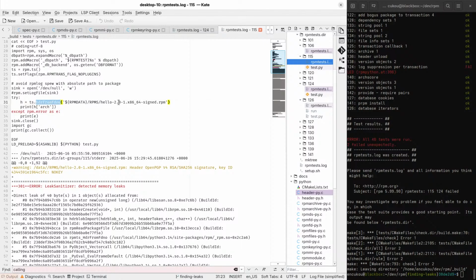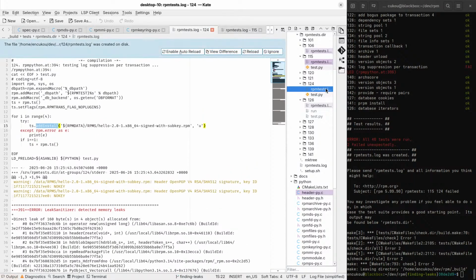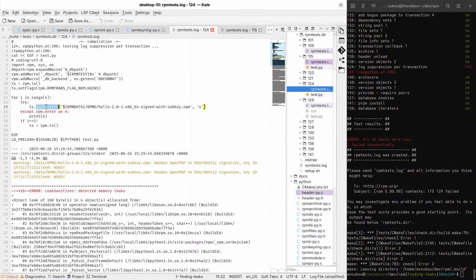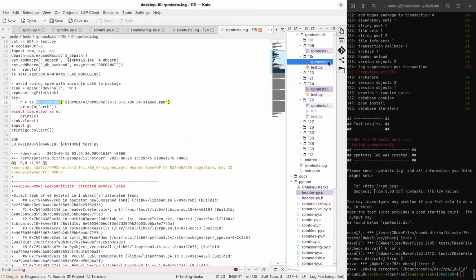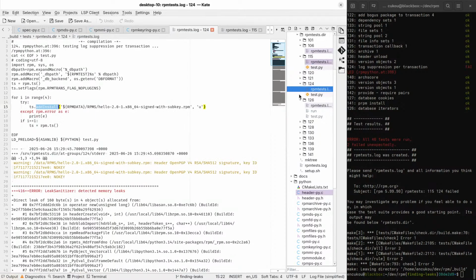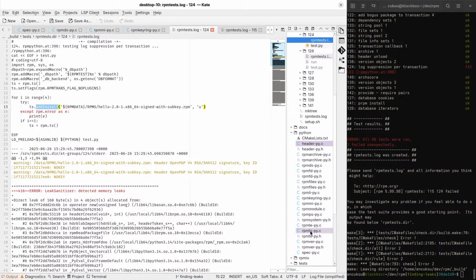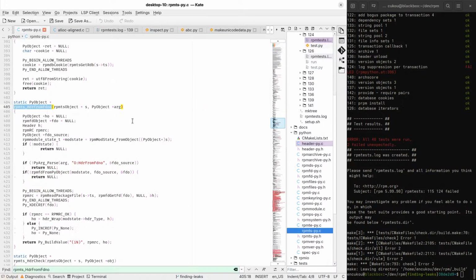So it's header from fdno and ts add install, both transaction set thingies. So HDR from fd number. Something here is keeping this HO object alive. Let me check PyBuild value.